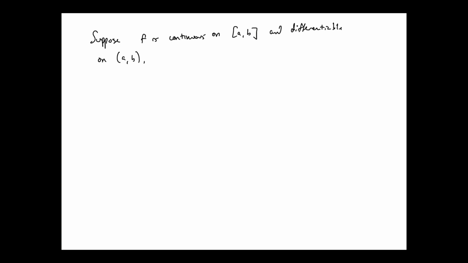It was possible for everything to be cool one place, but not cool in another. Okay, so suppose that those things are true, that we're continuous on a closed interval, and we're differentiable on everybody inside that interval. And we're not going to worry about the differentiability at the endpoints for kind of technical reasons. Okay, then